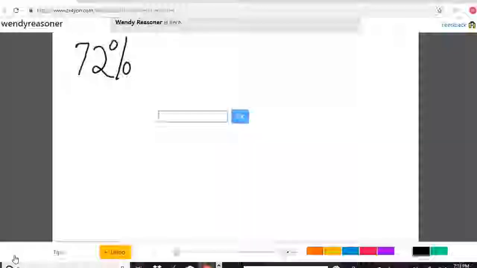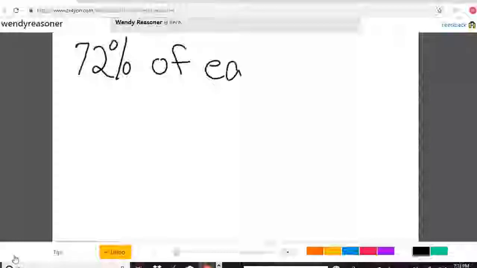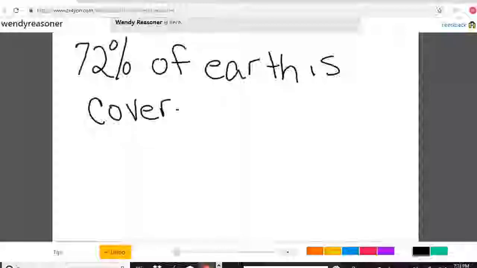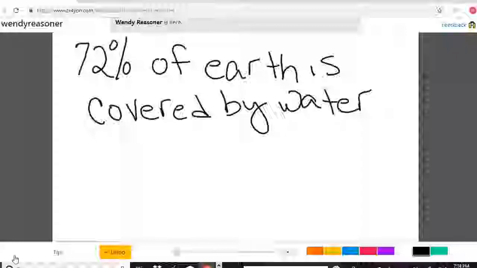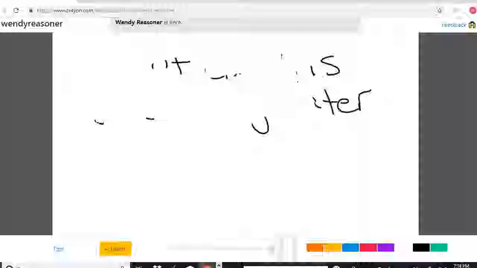So let me give you a few bits of information about the oceans. I mean, you've probably heard the figure that about 75% of the Earth is covered with water. It's actually closer to 72% of Earth is covered by water. So obviously we're talking about a large portion of Earth that is covered in water. So let me show you a figure that shows us the major bodies of water associated with